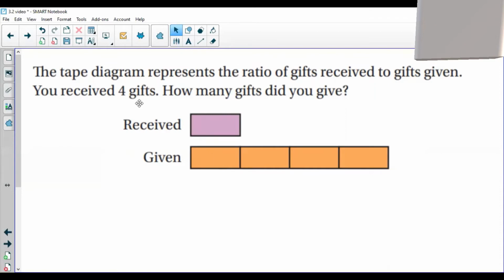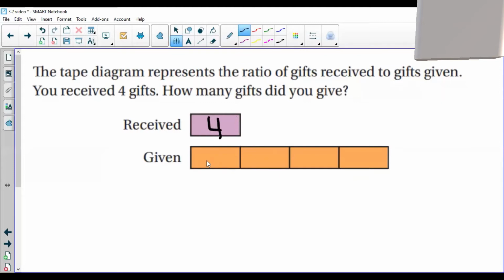The next sentence says you received 4 gifts. So this received box is worth how many? We know it's worth 4, so the best thing to do is write a 4 in that box. Not bad for my first number, huh? That one box represents 4 gifts. The next question: how many gifts did you give? These are the ones I gave. If I know that each box has 4,